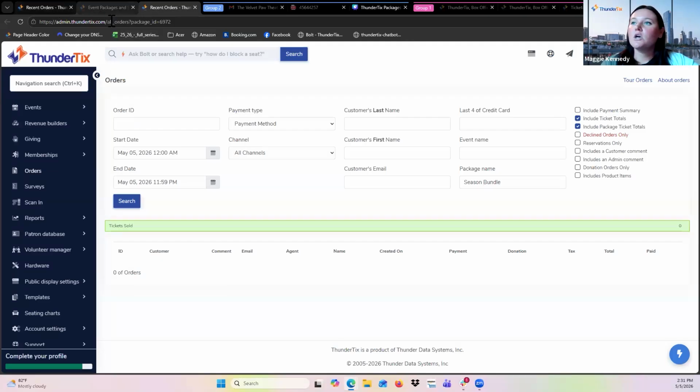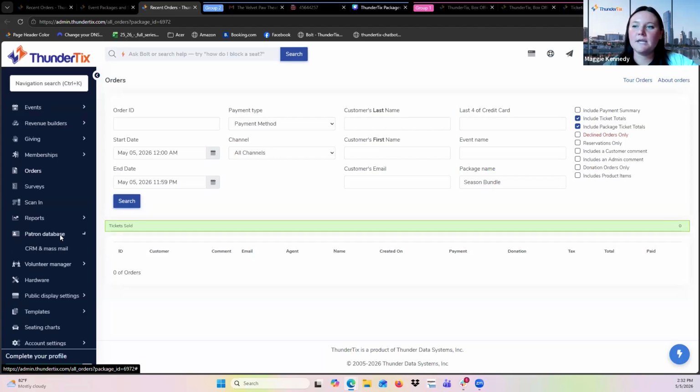Okay, so now that we've reviewed how to build these packages, what it looks like during the purchase process, and some of the reports, I really want to go into some of the marketing options that you have for packages. The biggest one being in our patron database. So if we go over to patron database and our CRM and mass mail,